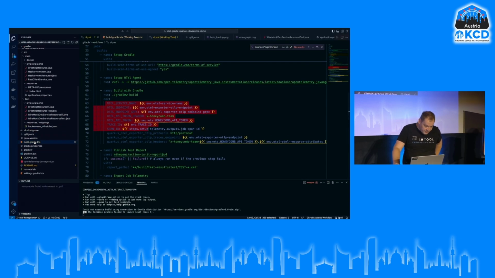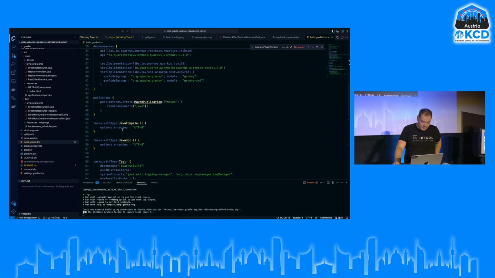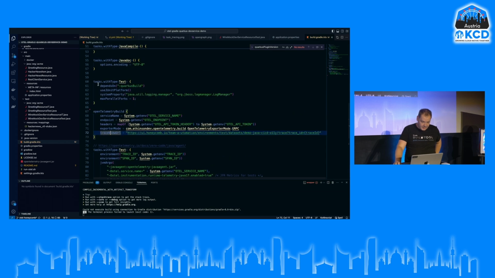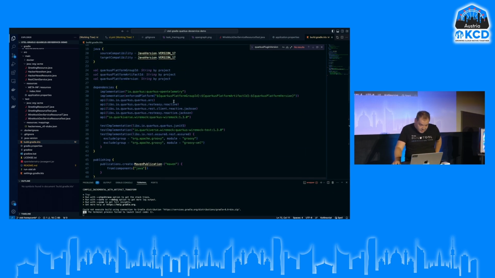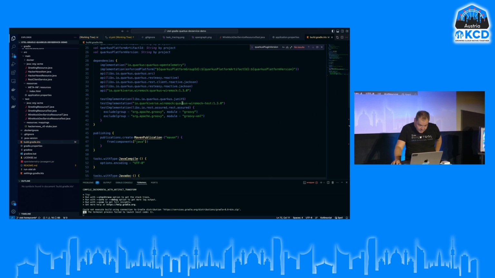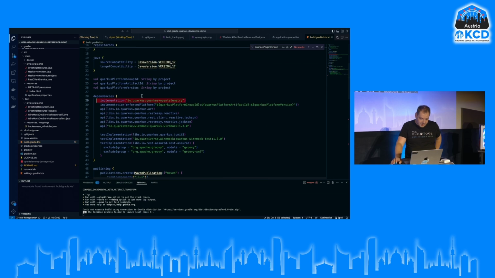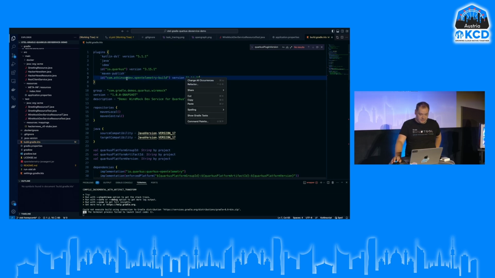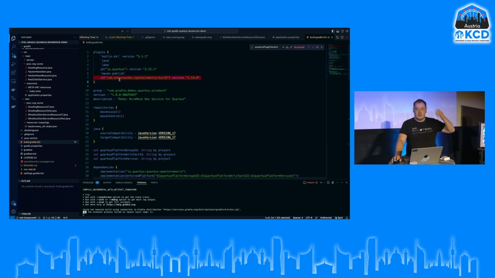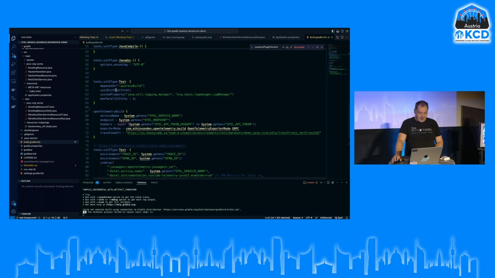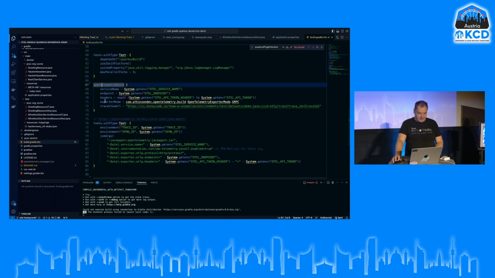So if I go to my build definition in Gradle, it will be exactly the same as in Maven. Once the plugin is installed, let's see what our definition is. So yeah, there is the Quarkus OpenTelemetry plugin, which we use down the line, and there is also a Gradle plugin, which is OpenTelemetry build. So we actually include even OpenTelemetry runtime twice in this build. And after that, here we have just some definitions where we basically say service name, endpoint, headers to include, etc., etc. So we have to duplicate everything.